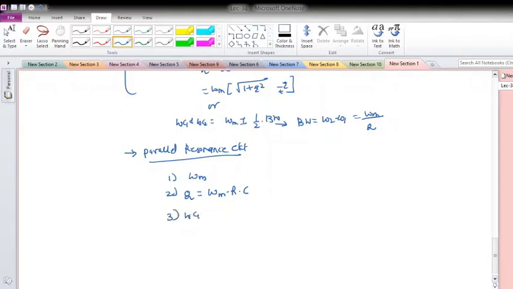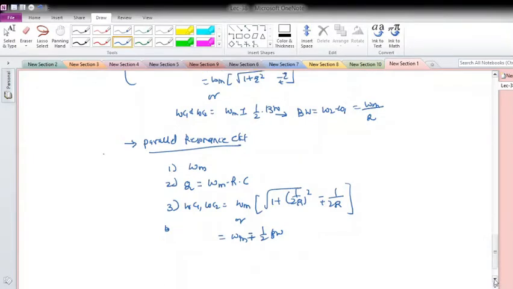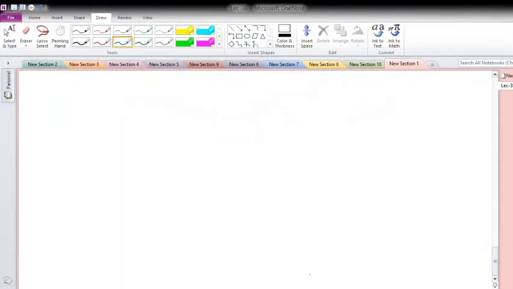Third, find out the two cutoff frequencies, which will be the same: omega m into square root of 1 plus 1 over 2q square, minus plus 1 over 2q. Okay. Fourth, you will get omega c2 minus plus half into bandwidth, and what will be the bandwidth? It will be omega 2 minus omega 1, which will be the same, omega m upon q. Okay, so this way also you can compute the parameters of the resonance circuit.